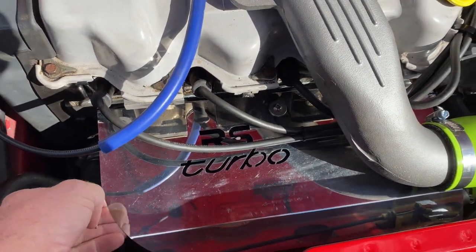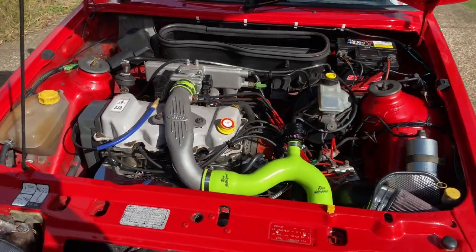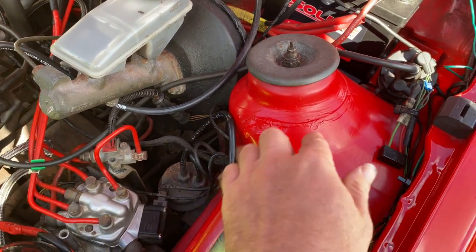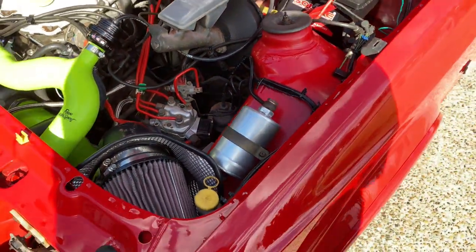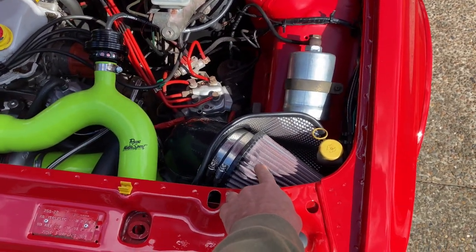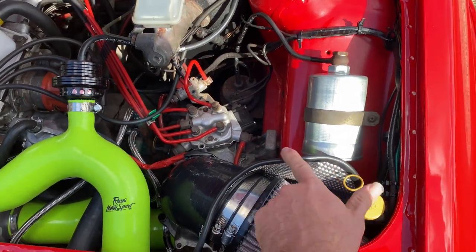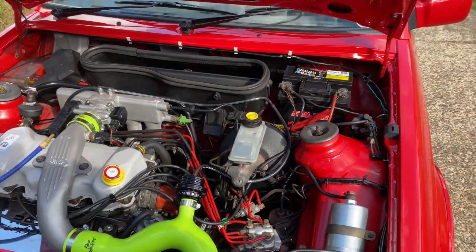Chrome polished alloy heat shield was already on it when I got it. I have changed the spark plugs since I have got it. They were actually the wrong plugs that were in there. Coolant level's nice. There was a little bit of a rust bubble on this here, so I cleaned that off, took everything out, cleaned it off, painted that up nice, and put a new fuel filter in when I replaced the fuel tank. And of course the custom K&N induction kit, because we're not going to shove one there because there's no way to put a heat shield around it, and that's going to run terribly hot. Plus it's law in Australia that it has to be shielded. The filter has to be shielded from the rest of the engine bay, something to do with the old carburetor fed